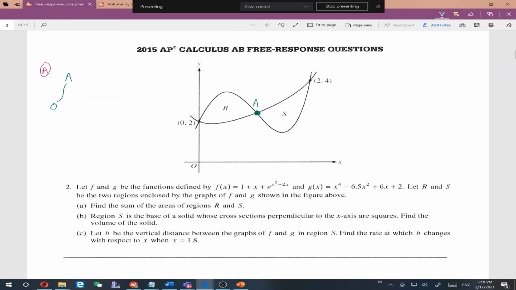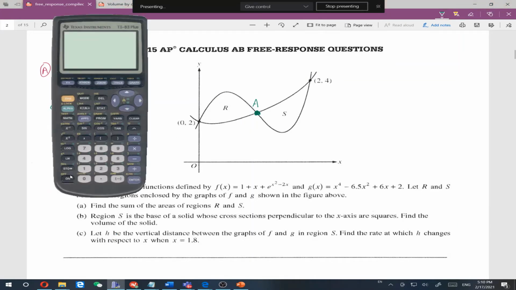So for the first one, to get region R, I'm going to integrate what function minus what function? f(x) minus g(x). Okay, we'll verify that really quick by plugging in some value really close to 0 and see which function's actually on top. It's this graph, actually. So we have to graph anyways. Okay, in the graphing calculator,